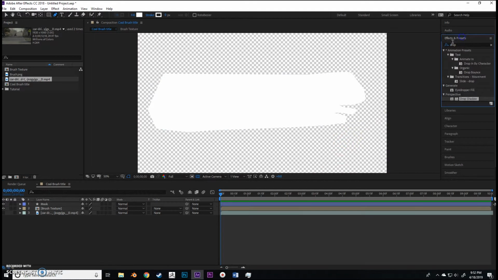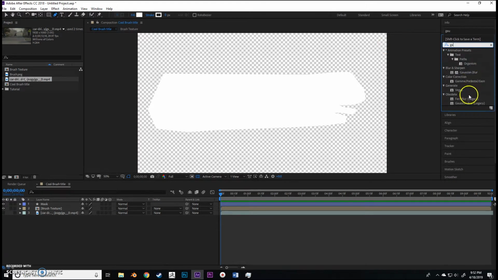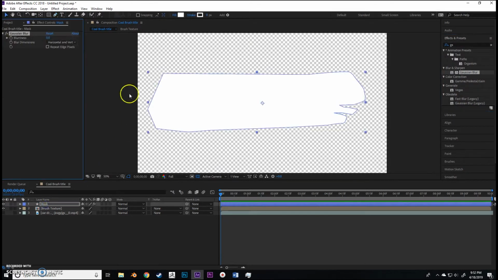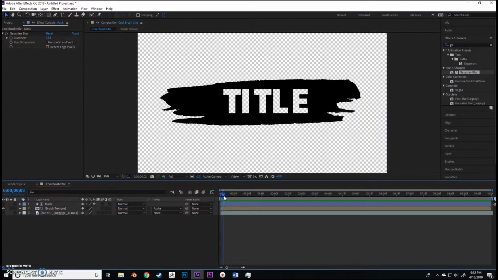And in addition to that, I'm going to go to effects. You can see a little bit of what I'm going to do next though, but I'm going to type in GA and put a Gaussian blur on it. Not Gaussian blur legacy, just regular Gaussian blur. There is a difference. And then just crank it up to where I can tell that the edges are fuzzy, but we can't see what is underneath it. So after we do that, we're going to set the brush, change it to alpha matte,